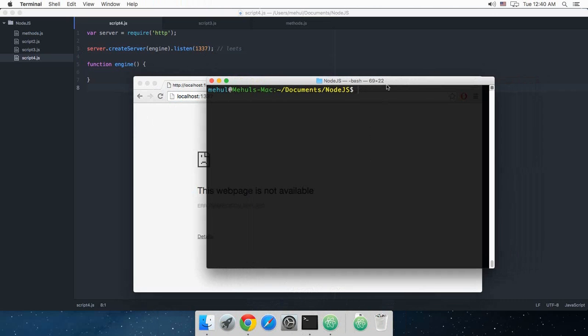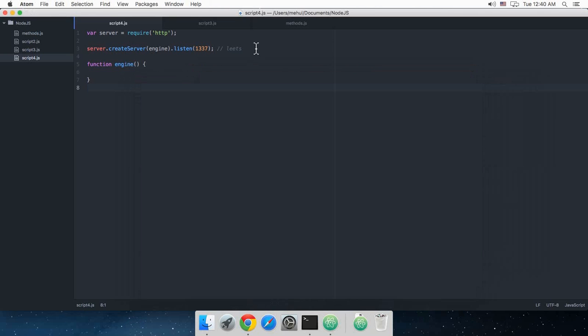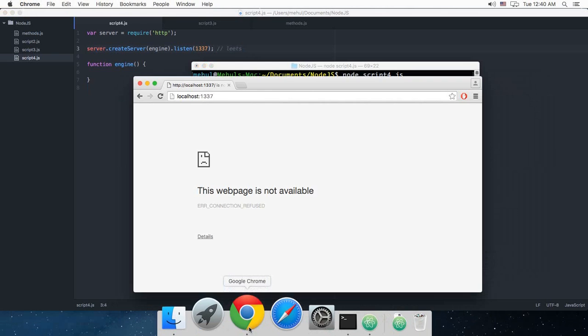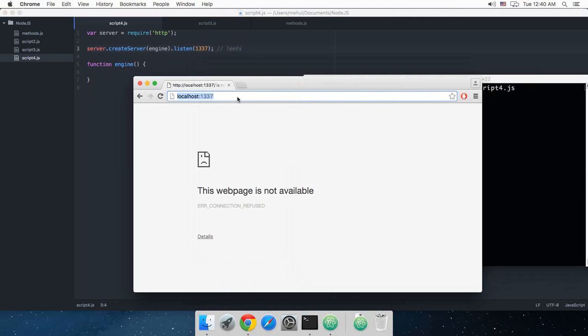So let's fire off node, and say node script4.js. As you can see, node doesn't quit now because you are creating a server. Node needs to run in the background to see which application or computer is trying to access your website. So if I reload this now